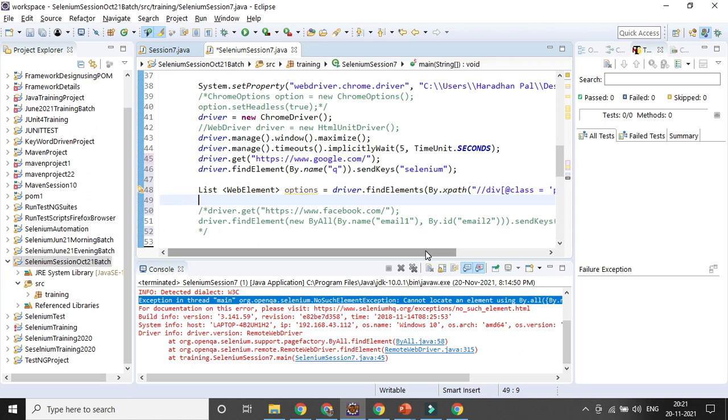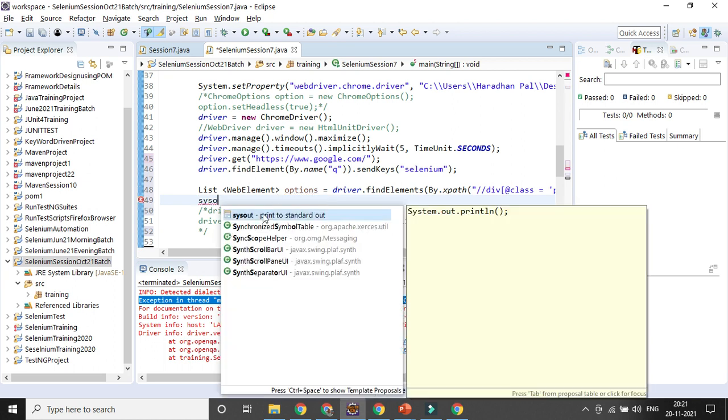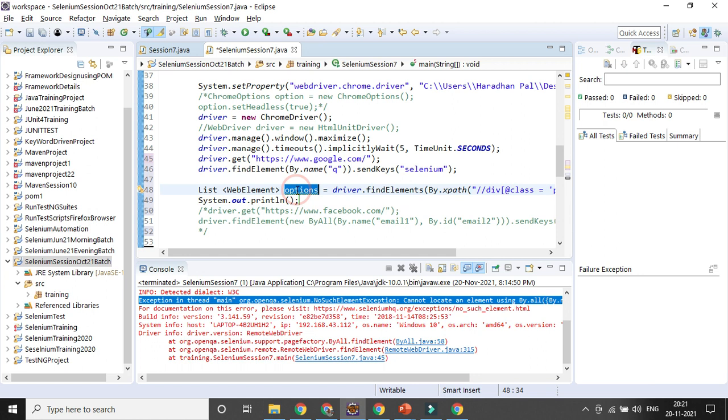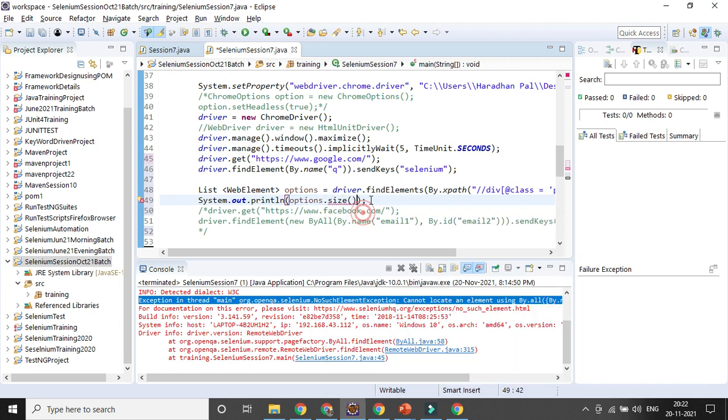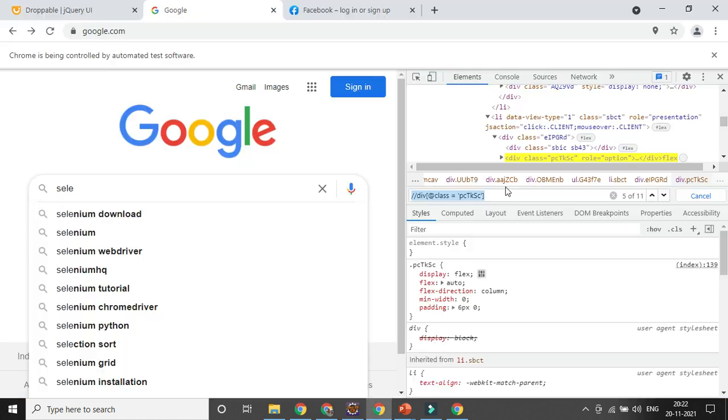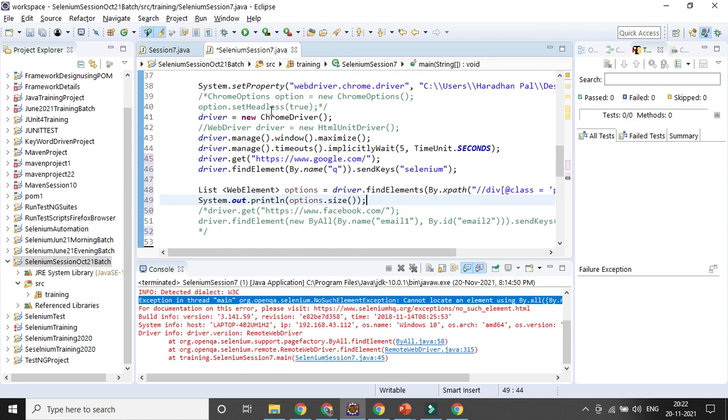Then now if we want to get the size, how many options are there, you can directly print it out, options dot size. That is the integer. Let's see whether that is showing 11 only, because here you are getting 11 options. So you can get all the options here if you run it.